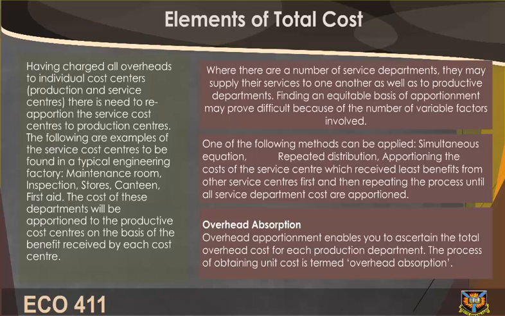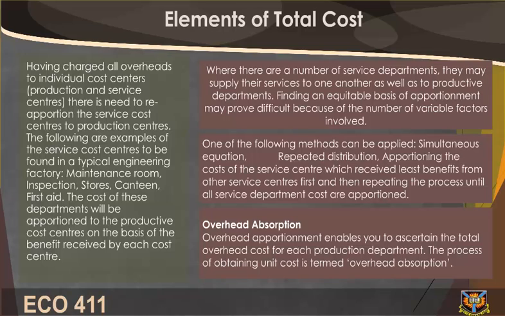Having charged all overheads to individual cost centers, production and service centers, there is need to reapportion the service cost centers to production centers. The following are examples of the service cost centers to be found in a typical engineering factory: maintenance room, inspection, stores, canteen, first aid. The cost of these departments will be apportioned to the productive cost centers on the basis of the benefit received